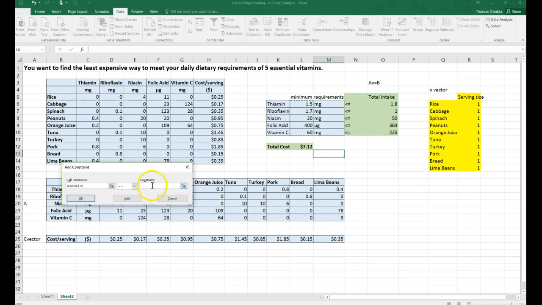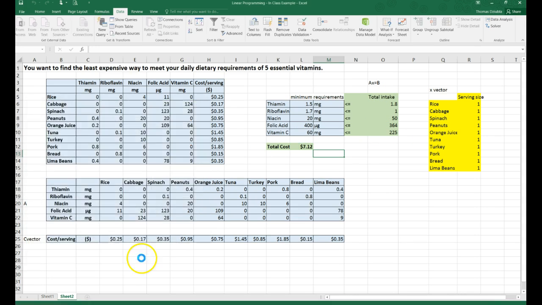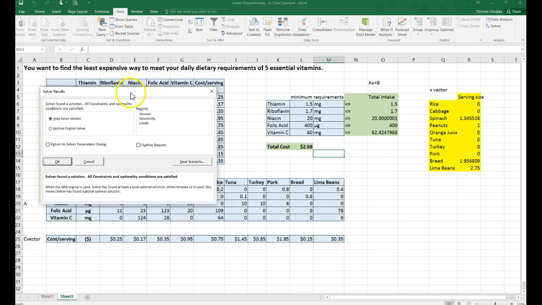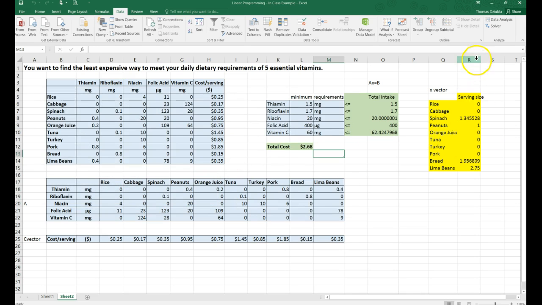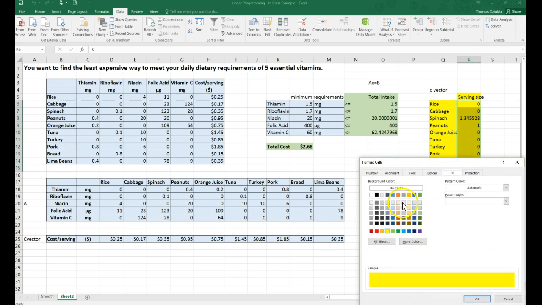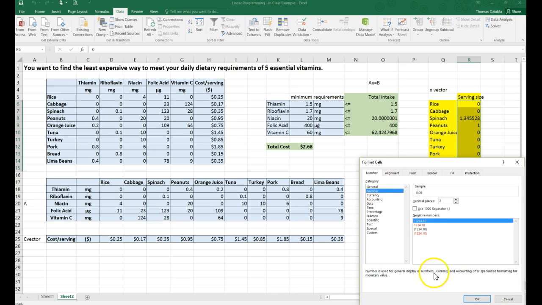All of these have to be less than or equal to all of these. Okay. Solve. And we get the same answer as we did before. And so say OK. And here we can just go ahead and go to Format Cells, Font, or number,